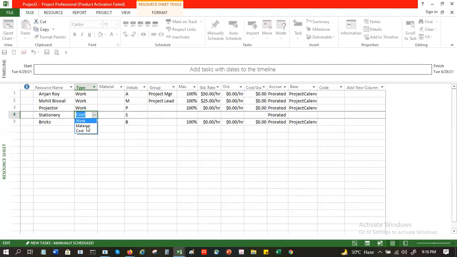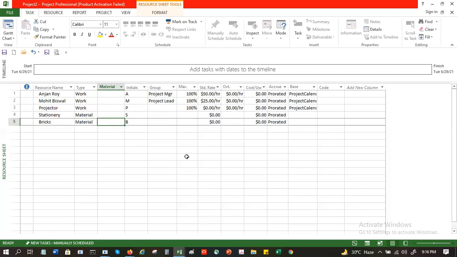Now for the consuming ones, you have to mention them as material. Material meaning that is what you are consuming. And for material, you have to give a unit, like per piece or each. Now brick, you might have a rate of, let's say, 50 cents per item.